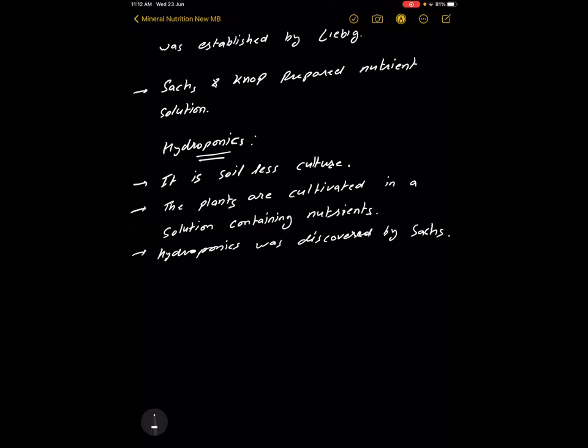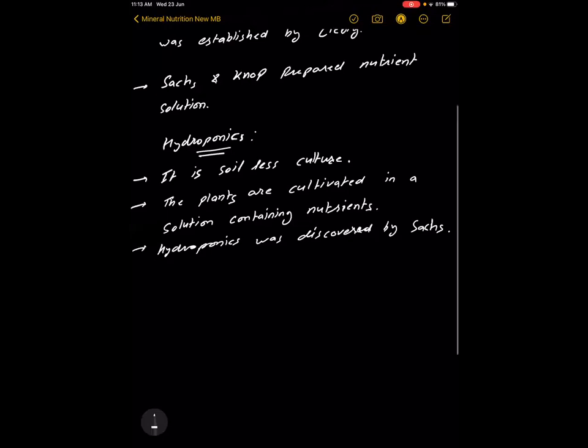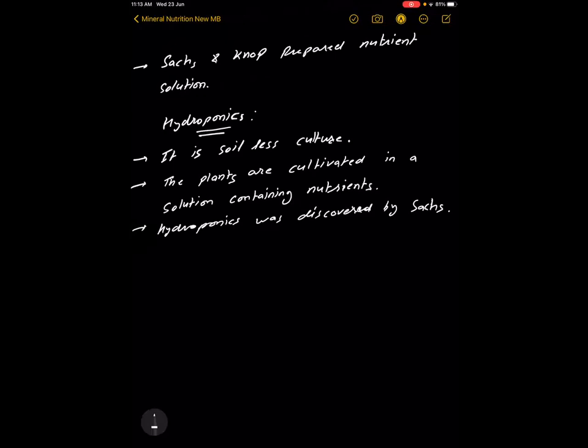Now it's better. So the next is sand culture here. Sand culture means it is actually hydroponics, the nutrient material is the same, but in that nutrient solution, sand is also mixed, in that pot or whatever instrument or tools. So here the sand is used to support the roots, to provide that support. Otherwise, there is no role of that sand. So it is a type of hydroponics, but to get support, the roots are placed in the sand. So it is sand culture.